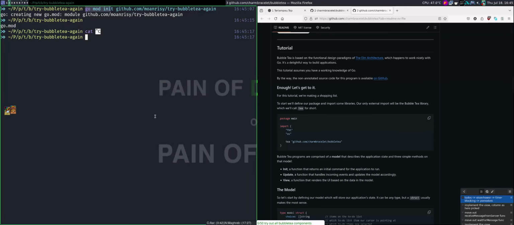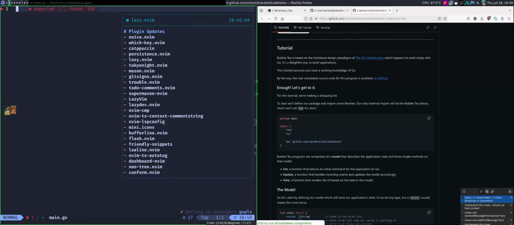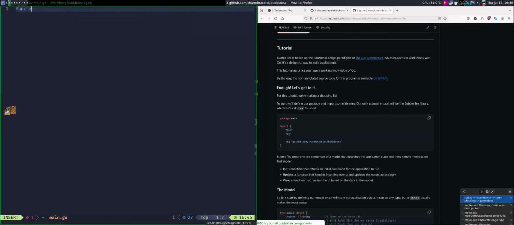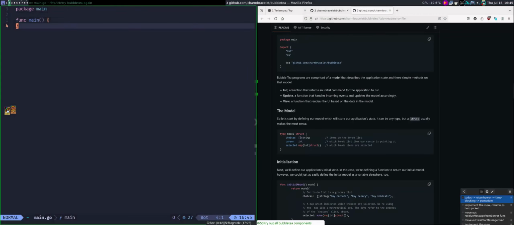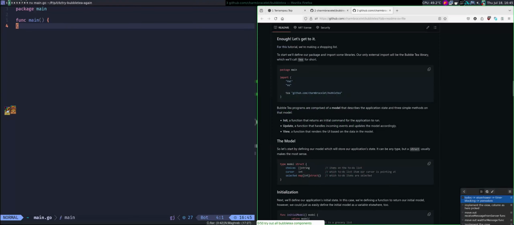So I want to show you guys something too. In the go.mod there is no dependency. And when I'm writing Go code, making the main function, then after I use the T, let me just show you.